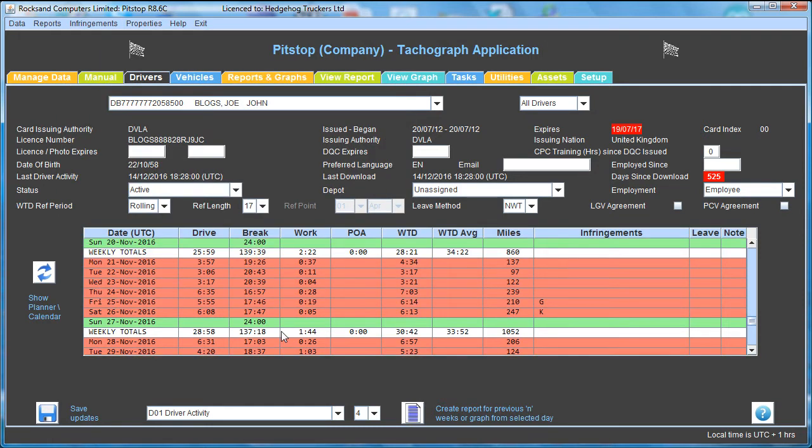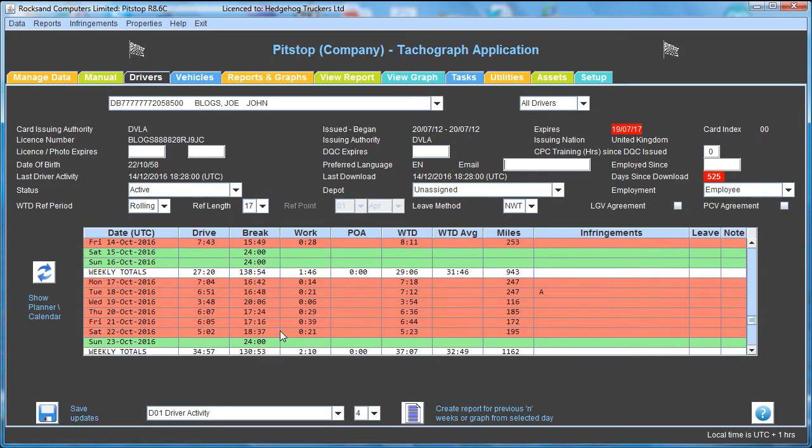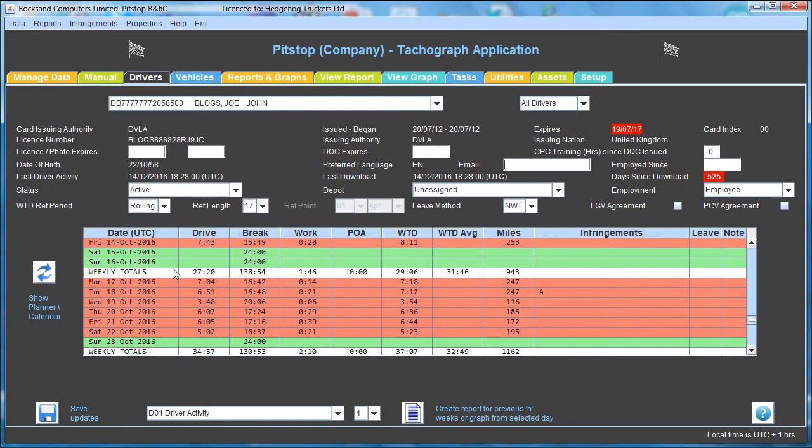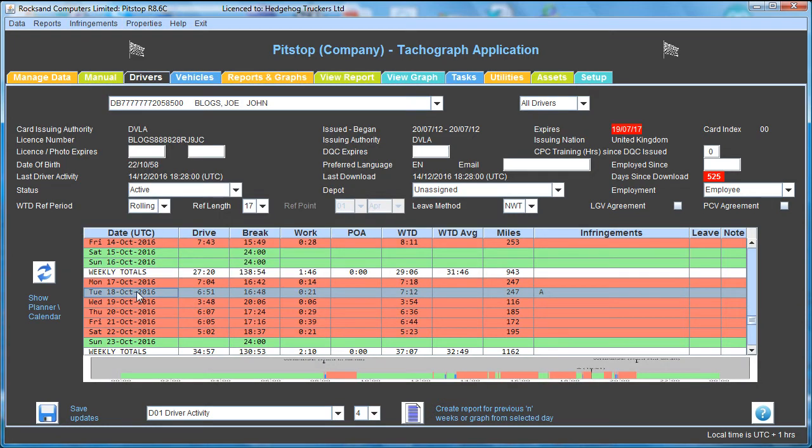If we keep going back, we see here he's got an A infringement, which, if we look at here, means he exceeded 4.5 hours driving in one session without a break. If we select that, we get this trace along the bottom. It's not particularly clear, but it gives you a rough idea of what he's been up to during that particular day. If we want to see in graphical form a more detailed view of what he's been up to, we can